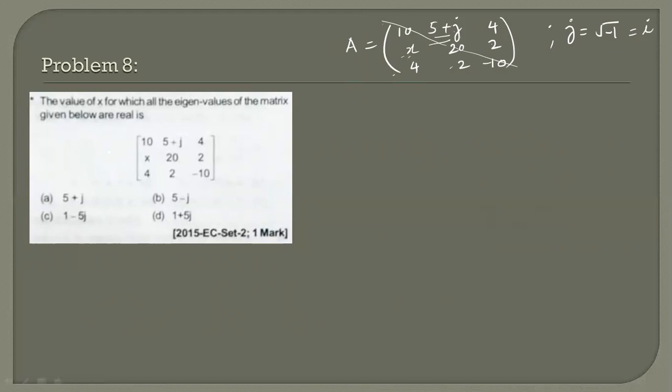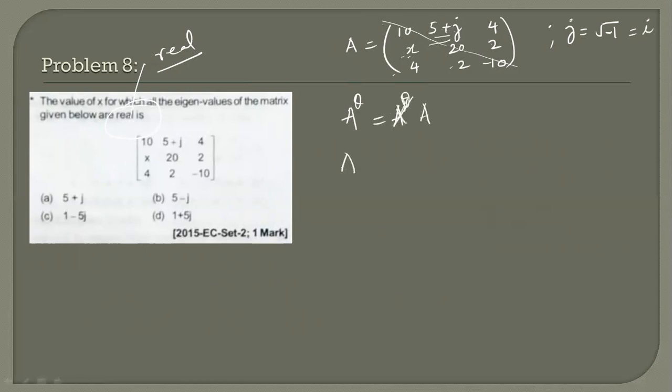And the eigenvalues are real. You can see it is given to you that the eigenvalues are real. For real eigenvalues of a matrix, you know this can be a Hermitian matrix, because the eigenvalues of a Hermitian matrix are also real. This is not symmetric due to this entry. It means this matrix is going to be a Hermitian matrix. Then only the eigenvalues will be real here. So use the property of a Hermitian matrix. I told you it's A to the power theta equal to A.